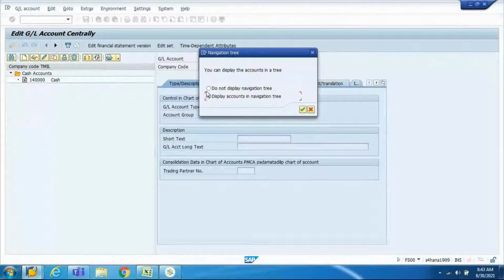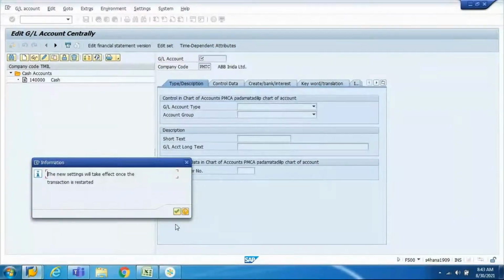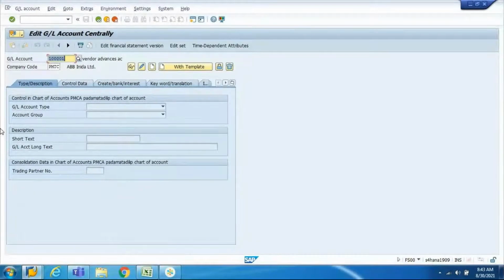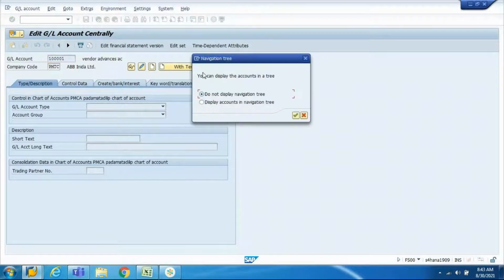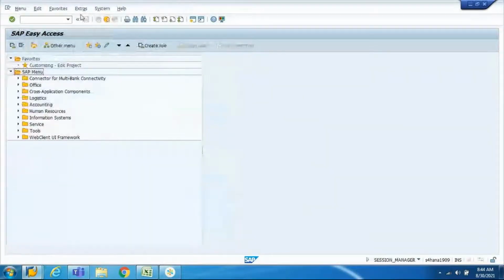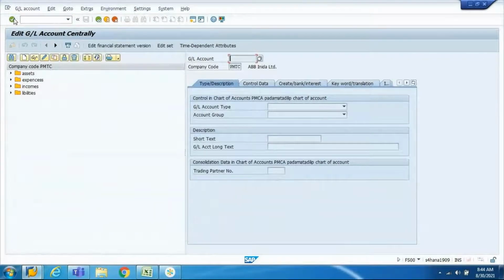If you do not want this, then you will find the FS00 screen in a different way, for which I will have to reopen the T code. Now you don't find any tree here, right? Whichever way you feel is easy, you follow that. But this hierarchy way is more recommended, because you can see all other GL accounts in a single screen. Just go back. Whenever you switch that, open this FS00 once again.